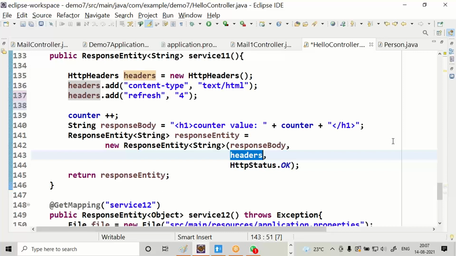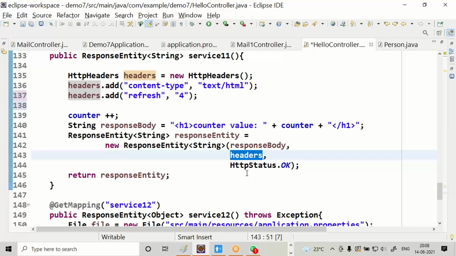There is another constructor which takes three arguments: response body, headers object, and status code.